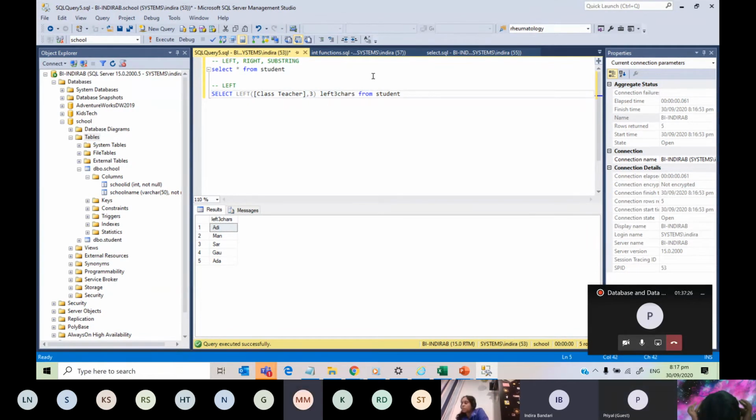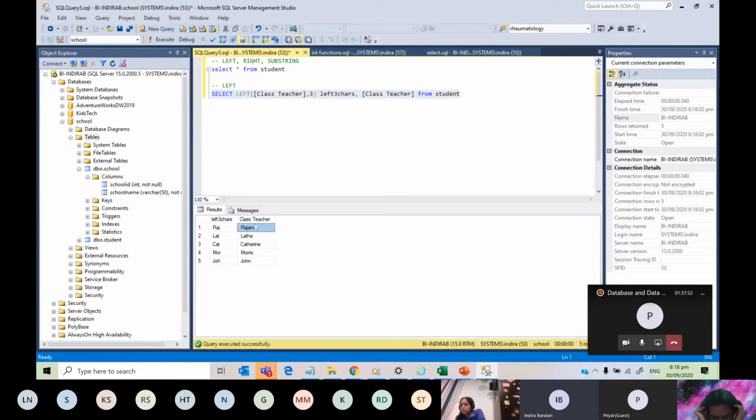Okay. Thank you. If you want to get both the columns, the new column and the old column, what do I do here? I want class teacher, right? So class teacher, so that you can compare whether it's getting the first 3 characters or not. If I run this one, we'll get 2 columns here.